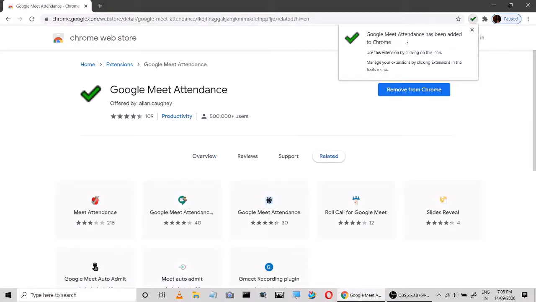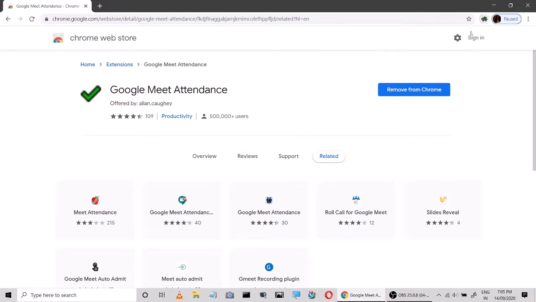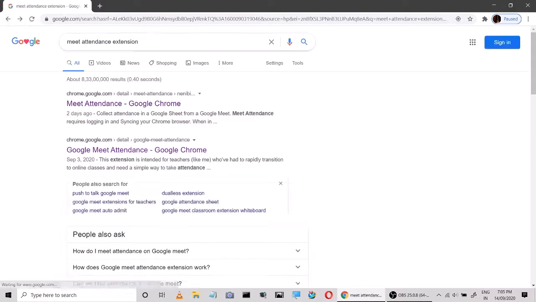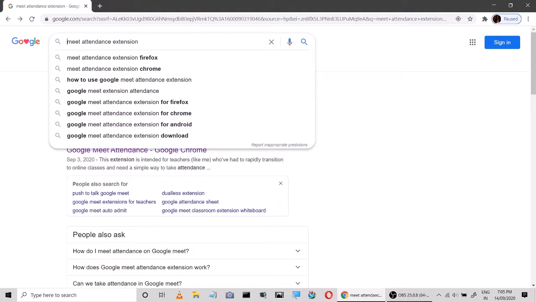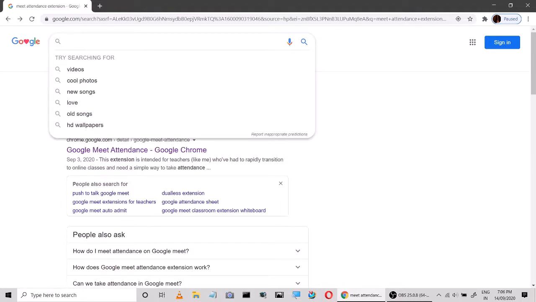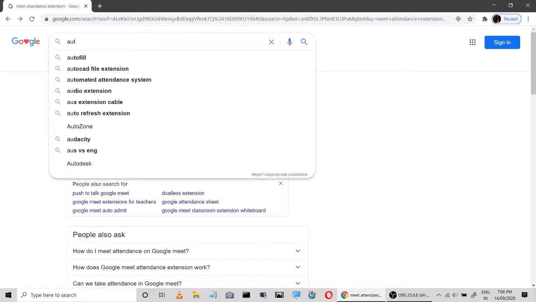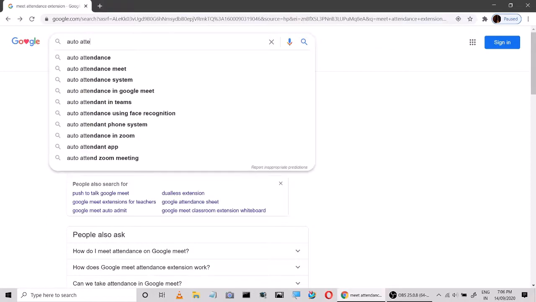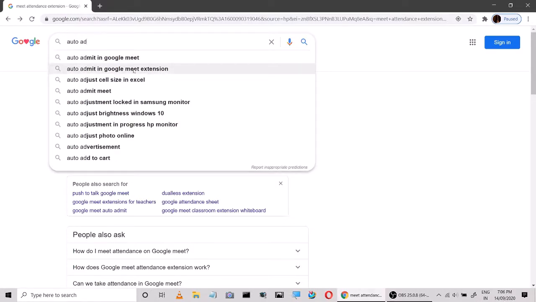So it's showing Google Meet Attendance has been added to Chrome, right? Now similarly, you go to the Google search again. Here you search for auto admit in Google Meet extension.